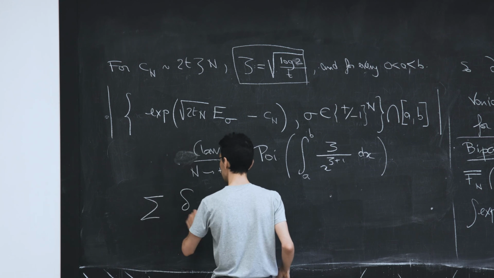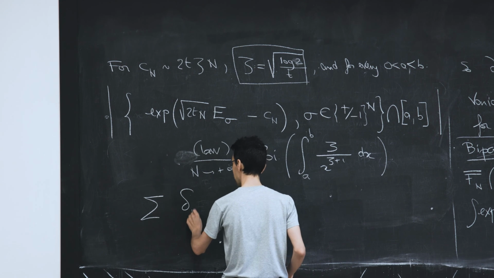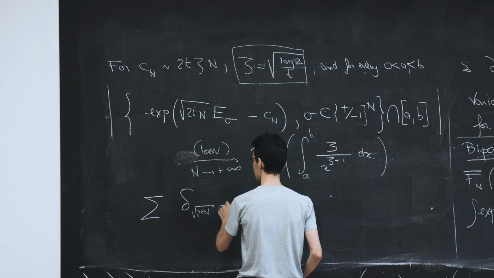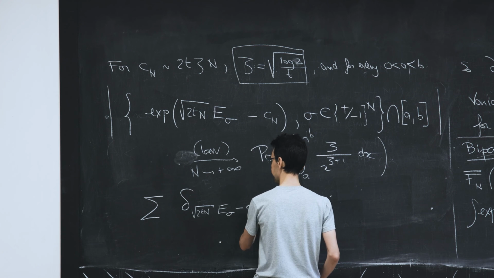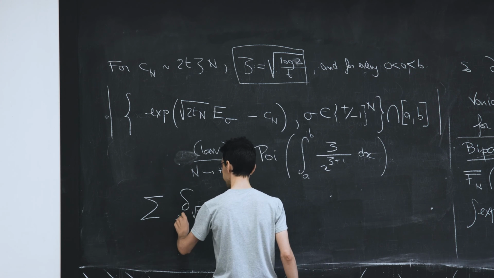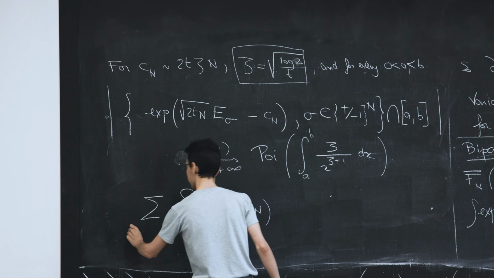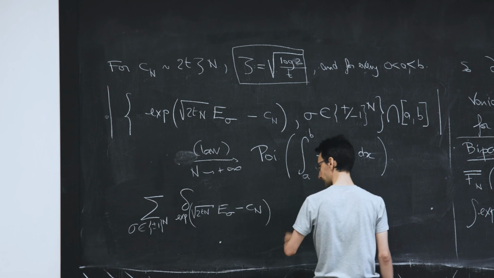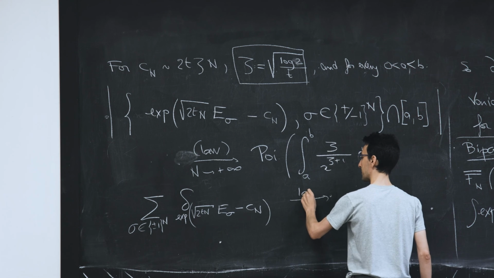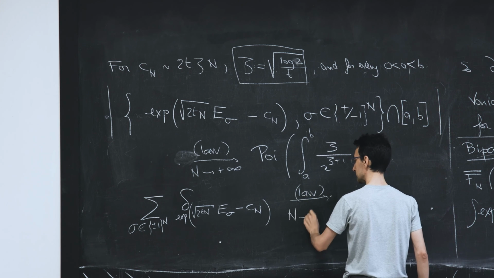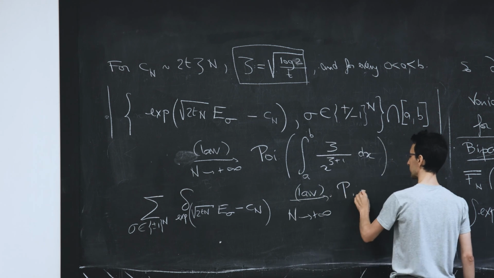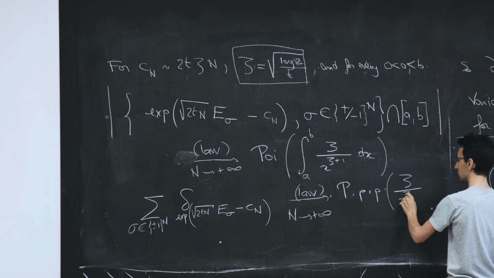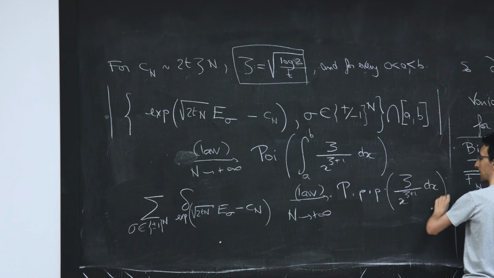So if I look at this point process, 2Tn E sigma minus Cn, and I forgot the exponential. Then this converges in law as n tends to infinity to a Poisson point process with the intensity given by that, zeta over x to the zeta plus 1 dx. Okay, and so